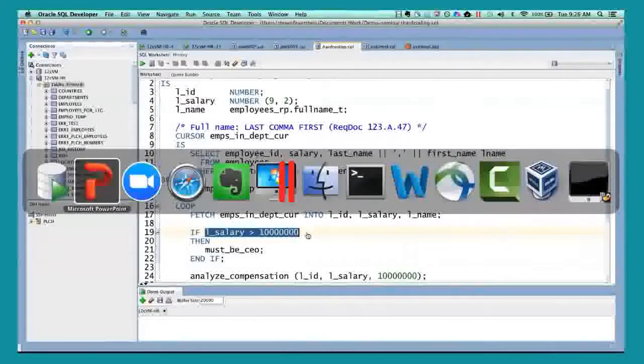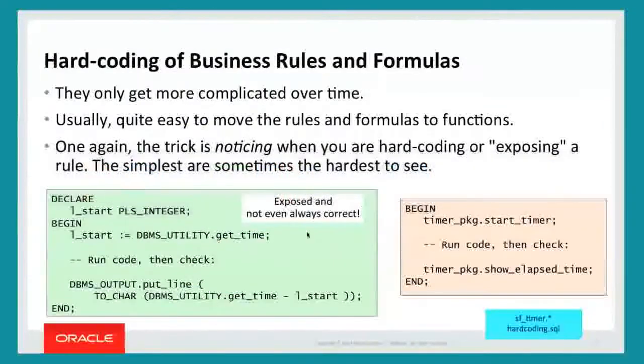So let me show you another example of that now. This is a useful thing to know about PLSQL generally. Inside the DB Mesh Utility package, there's a program called getTime and also getCPUTime. And you can use these programs to calculate elapsed time down to the 100th of a second. So for example, I call getTime to get the start time. I run my code. And then I get the delta between the current getTime and the original starting getTime. And that shows me the number of hundredths of seconds that have elapsed.